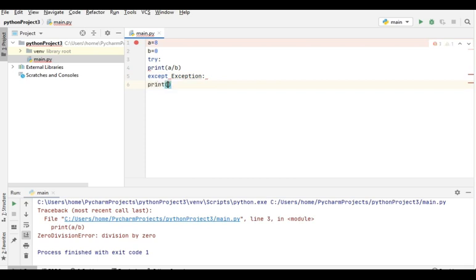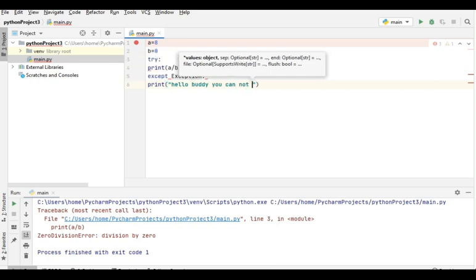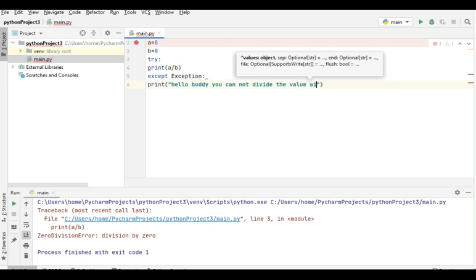Print, you cannot divide the value by zero. No, you cannot divide the value by zero. So that's what we have given.